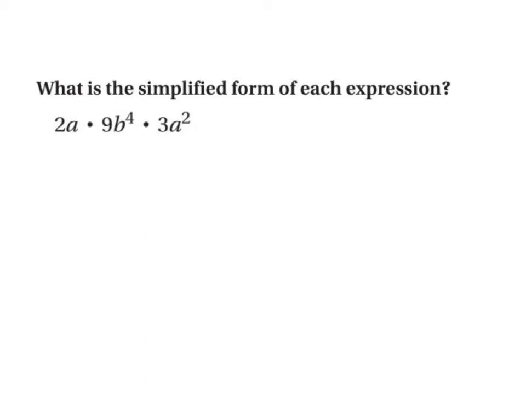All right, here's something a little bit different. We're going to simplify this guy. So again, remember, order doesn't matter. So this would be 2 times 9 times 3 times a times b to the 4th times a squared. So here we have some different variables that we're looking at. So when I go through these,